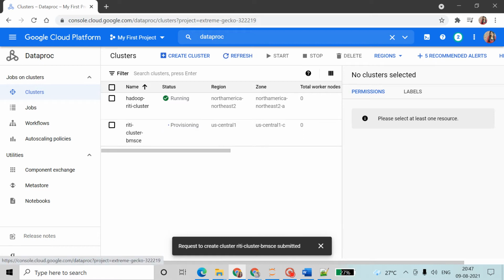Google Cloud Platform is giving us 19 days free trial and $22, a huge amount, to use their services. So it's good that we can go through Google Cloud Platform if we are doing some basic project. If you are learning something, then it's good for you to use Google Cloud Platform only. It is taking 2 minutes, 2 minutes over. We'll see.